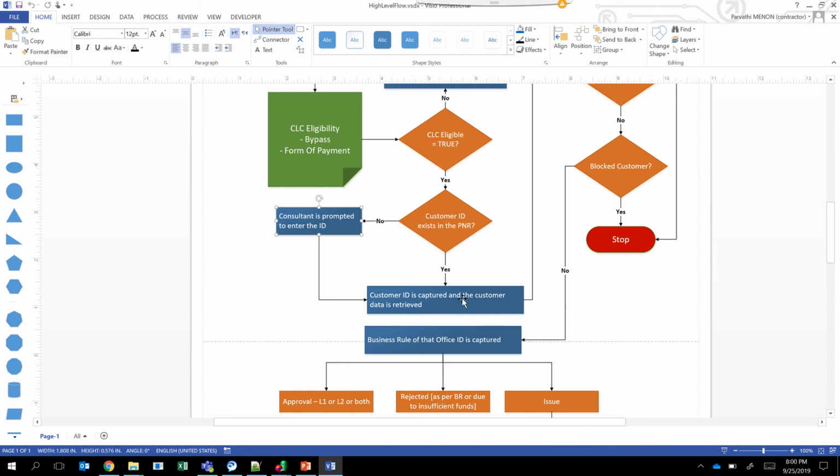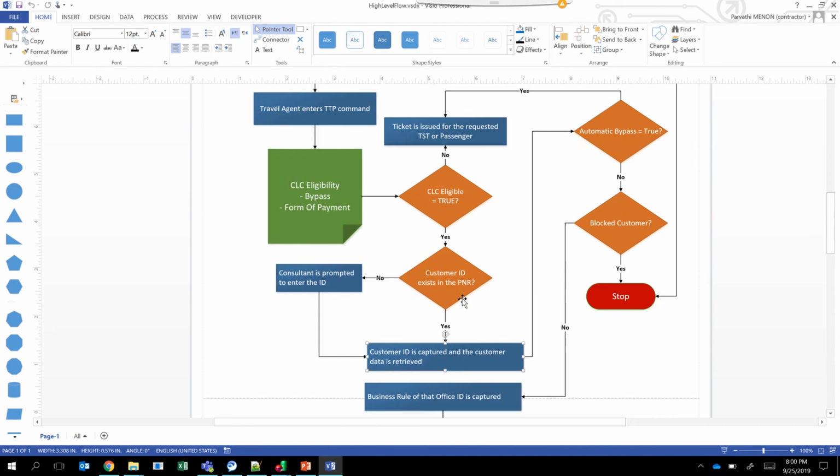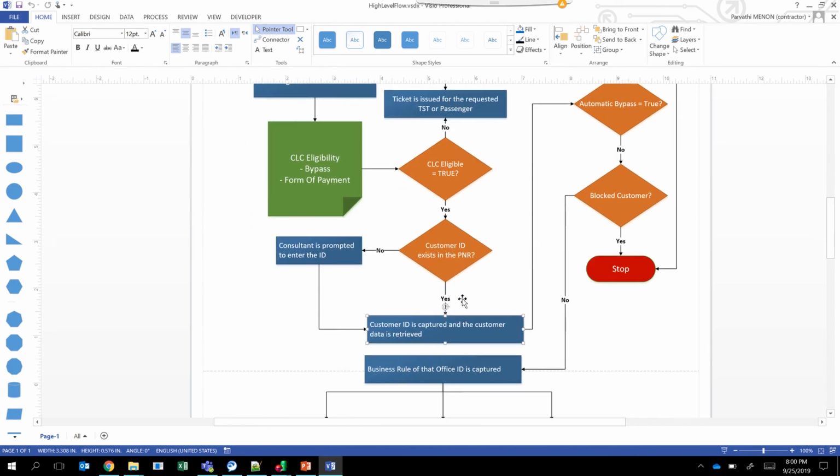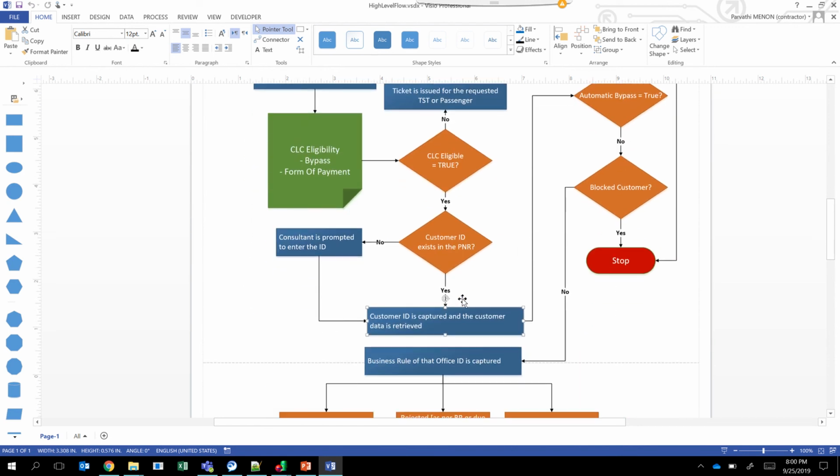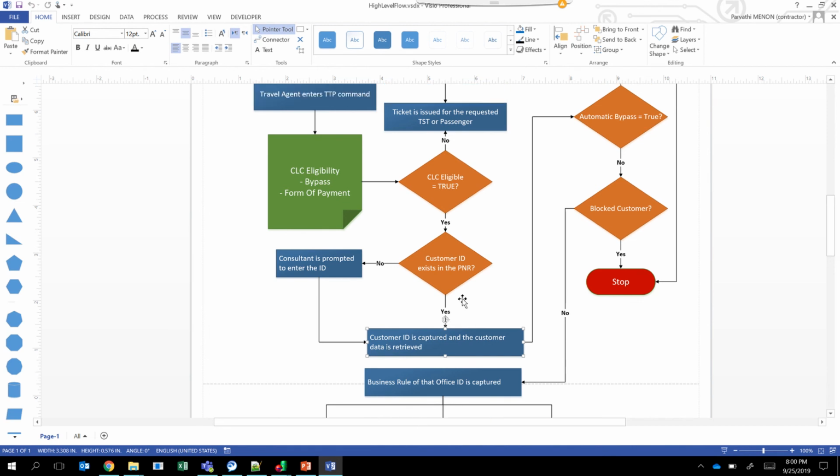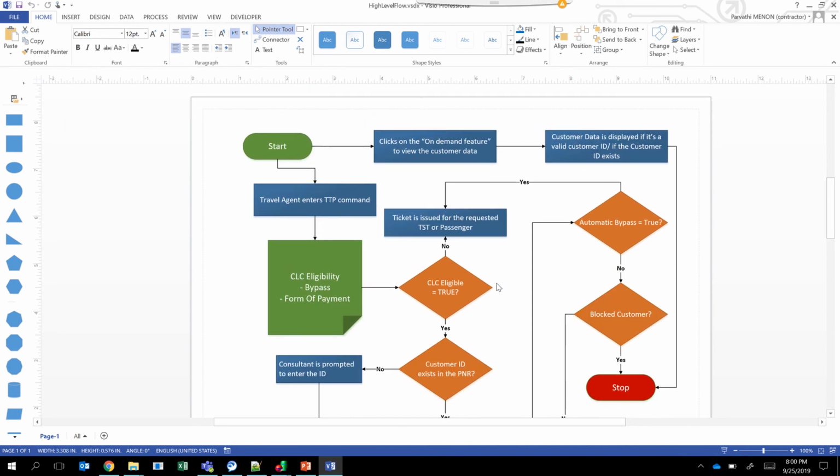If it is valid, then the data is retrieved. If the customer ID is not valid, then an appropriate message is displayed on the screen.